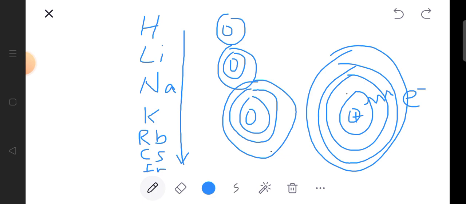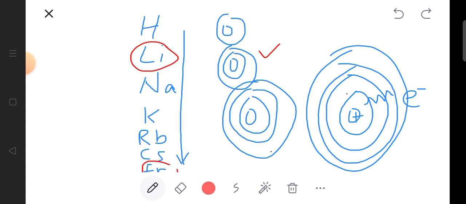So if the nucleus has less attraction towards the valence electron, then the addition of one electron in the valence shell is easier as compared to the upper elements. So it is easier to add an electron in francium as compared to lithium,